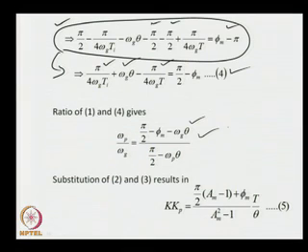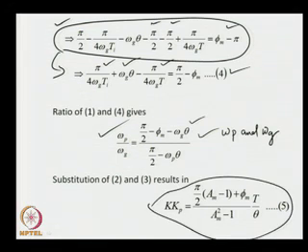Now, substituting omega p and omega g in this expression enables us to write an expression for k Kp in terms of the gain margin, phase margin and the plant parameters